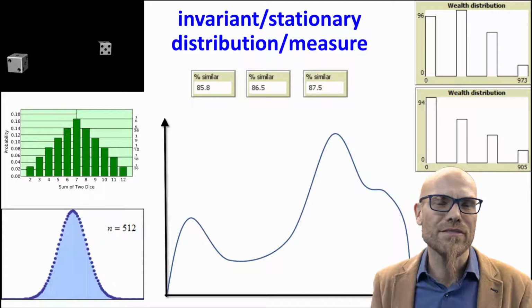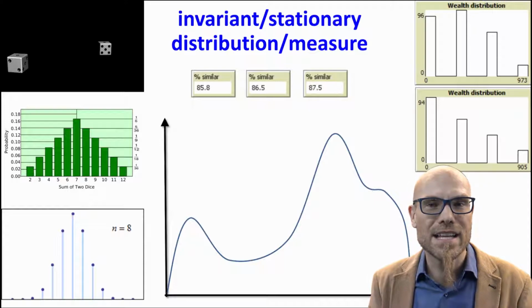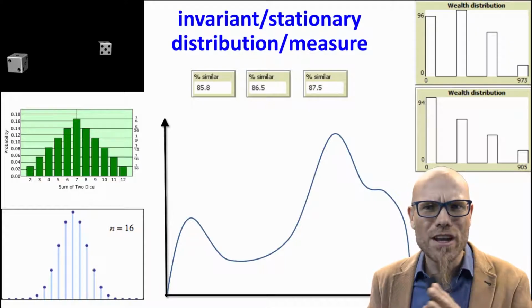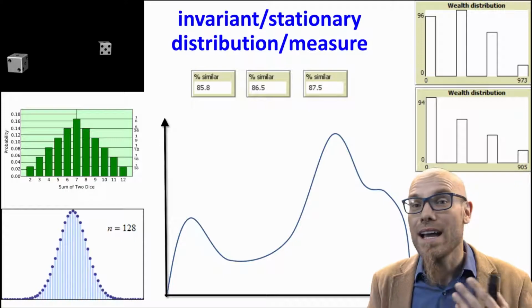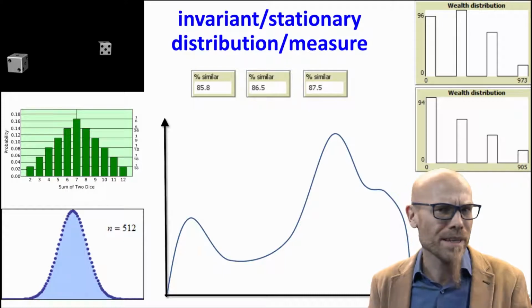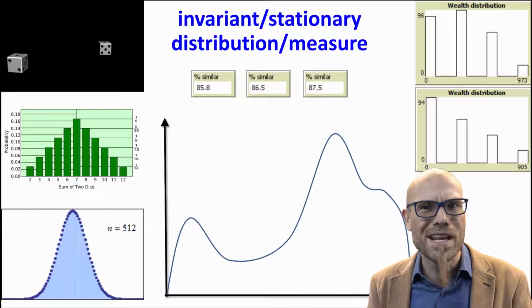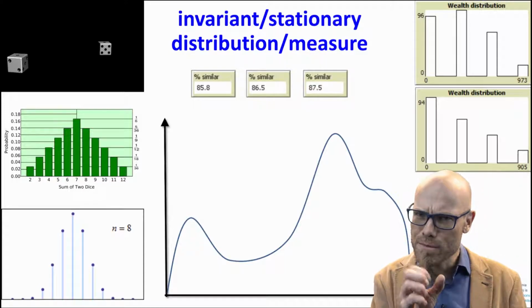So, for example, if you roll the dice only 4 times, you get not a complete picture of what's actually happening. You roll it 16 times, 32 times, and these agent-based models, we run them hundreds, thousands of times. We let them run overnight, go home and sleep, and the next morning we have run them many, many times, and we get these invariant distributions. So the outcome is probabilistic.